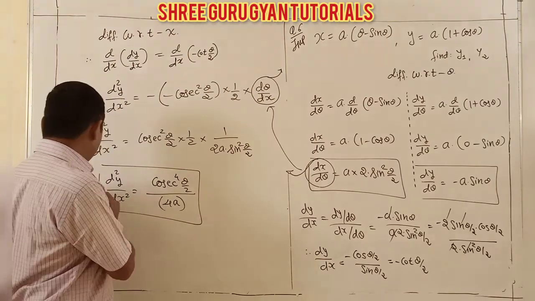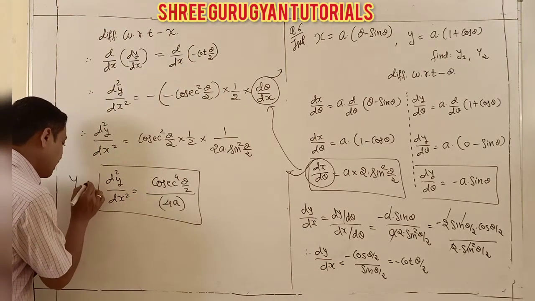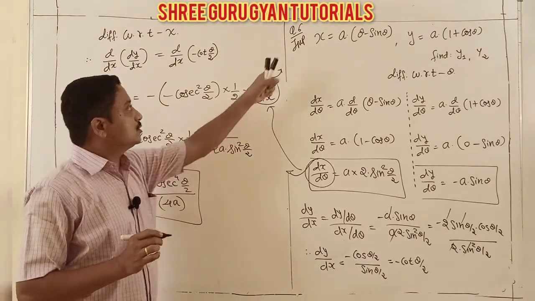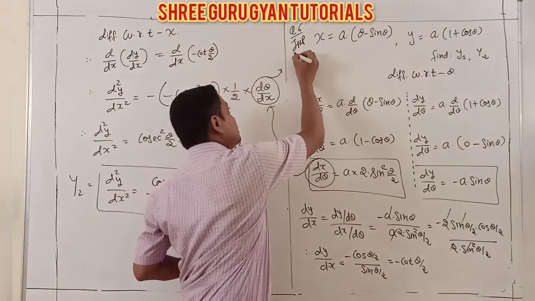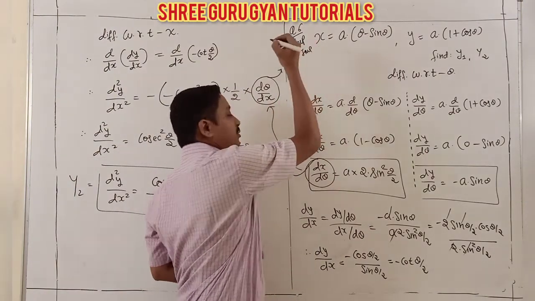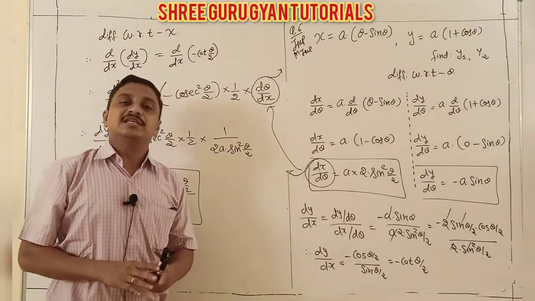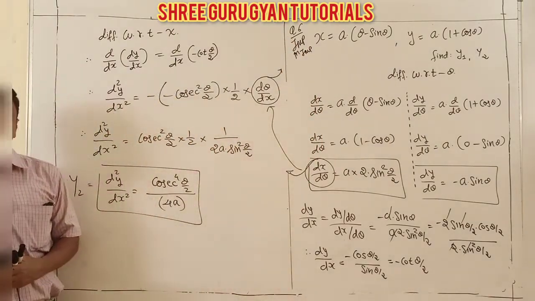And here, students, your y2 is happily done, and this numerical is also easily done. But I again repeat, this question is IMP here, most IMP. Many times it is asked in exams in that level of sums.